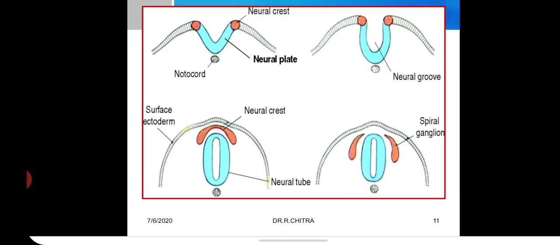So the same, all in one image. First is thickening of the ectoderm. That ectoderm is neurectoderm, called the neural plate. Then it forms the neural groove. Then it forms the neural tube. The tips of the neural folds have specialized cells, the neural crest. When the neural tube is fusing gradually, the neural crest cells separate from the ectoderm and are buried. They are called the neural crest cells.